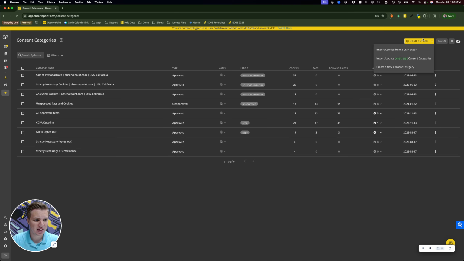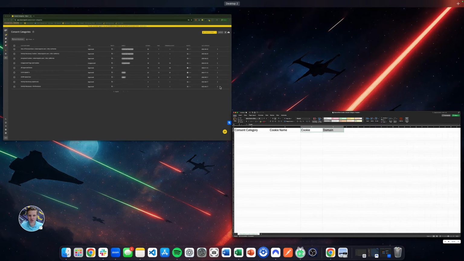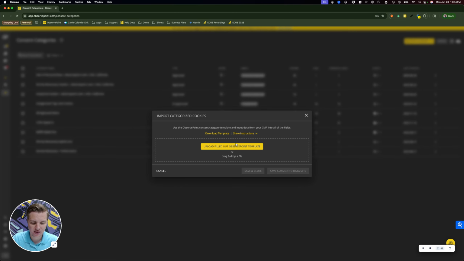The other tip is for importing cookies from a CMP export. If you go to your CMP, you can usually export the cookies and their categories. And for that, we actually have this very easy template. And all you need is the category, the cookie name, the cookie domain. Sorry, these two got messed up. They should be together. Once I have those 3 things, then I can import that here, and you can download